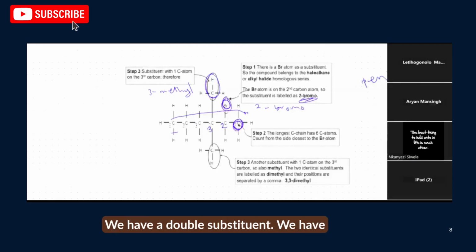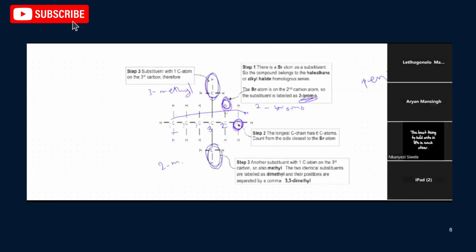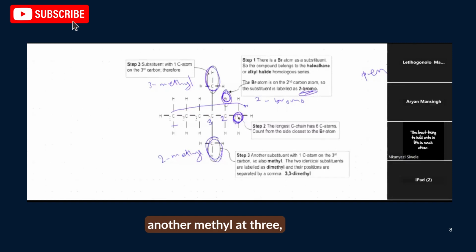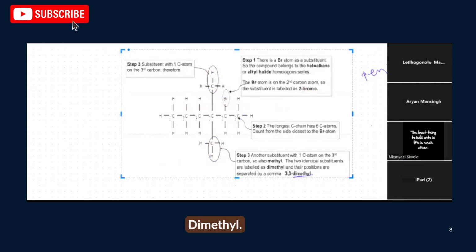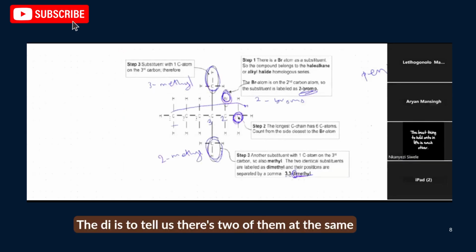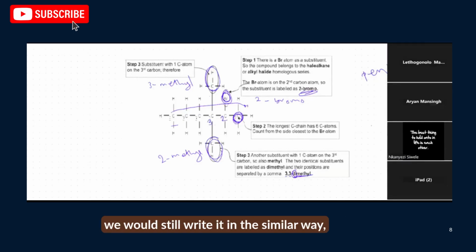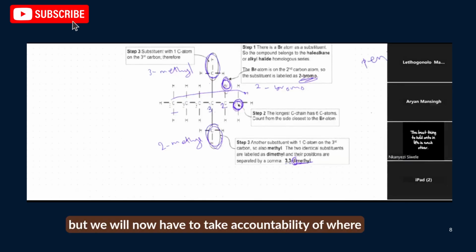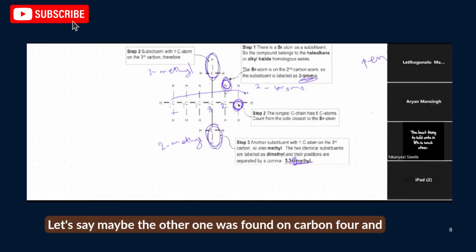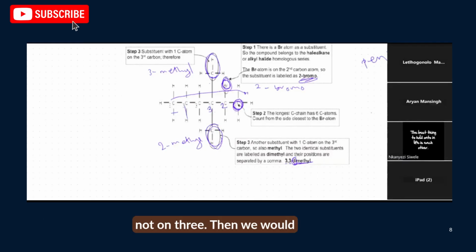And it's single bond. Oh, wait, we have a double substituent. We have another substituent here, another methyl. Because we have another methyl at 3, we are going to write this as 3,3-dimethyl. The di is to tell us there are 2 of them at the same position. If they were not at the same position, we would still write it in a similar way, but we would have to take account of where the other one is. Let's say maybe the other one was found on carbon 4 and not on 3, then we would have